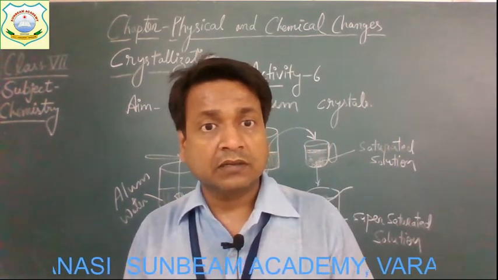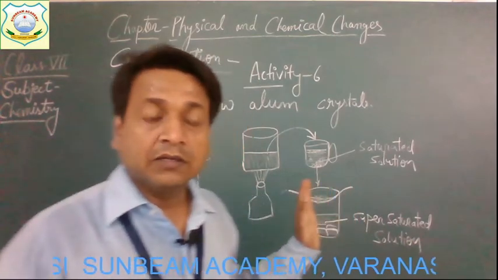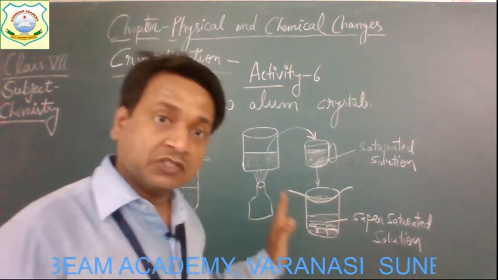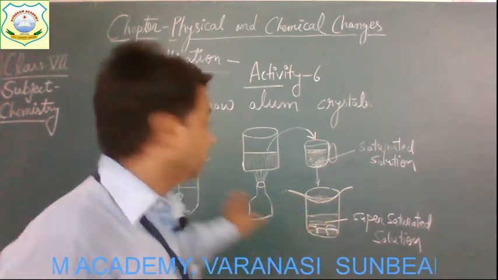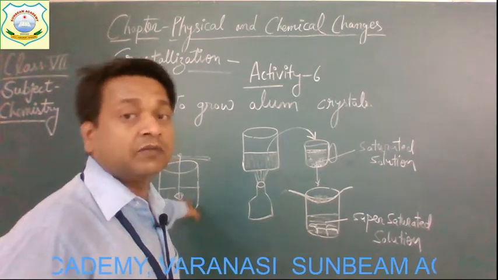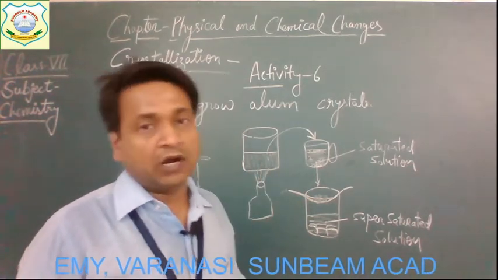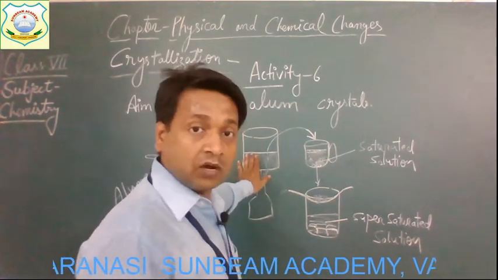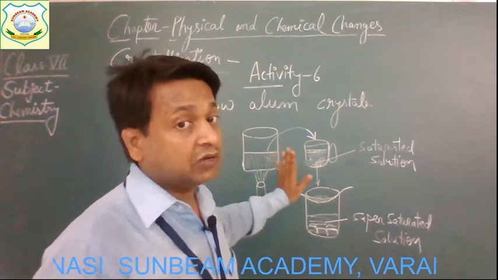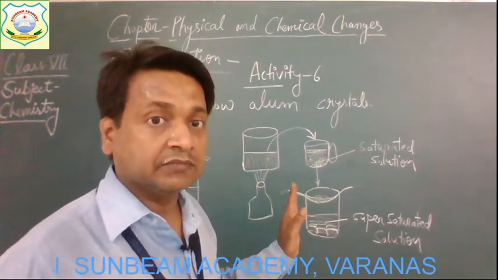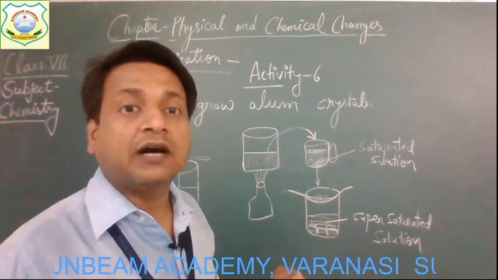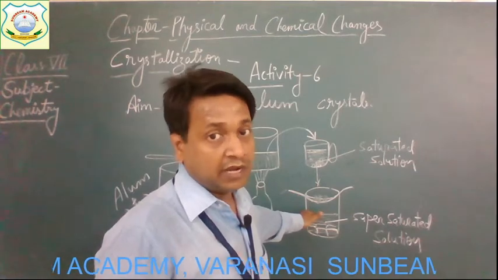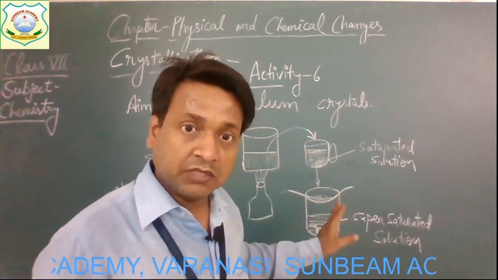Okay, children? Understood this activity? So, in this activity, what have we explained? We have explained that by the process of crystallization, we get the crystals of alum from the solution of alum in water. Okay, and the method is simply: first we will dissolve the alum in water until we get a solution which is saturated, meaning no more particles of alum can dissolve. We will cool it down, and now this solution is termed a supersaturated solution.